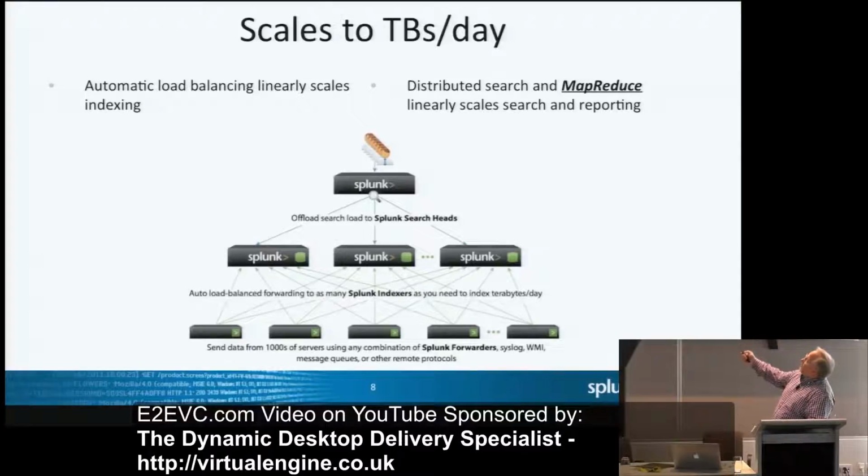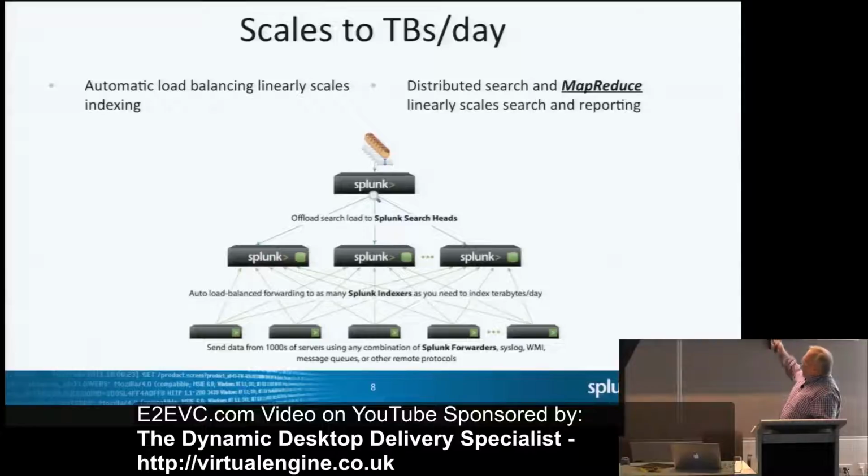Next, automatic load balancing. This is where you have multiple indexers, and you tell all your forwarders about all the indexers you have, and then it will auto load balance. Let's say you have 10,000 forwarders and you want them to go to 10 or 15 indexers. You can put all those indexers on all the forwarders, and they'll randomly offset and offload the data so that your searches are fast. And if one indexer goes down, it'll automatically fail over to another one, so you don't have to worry about losing data if an indexer goes down.